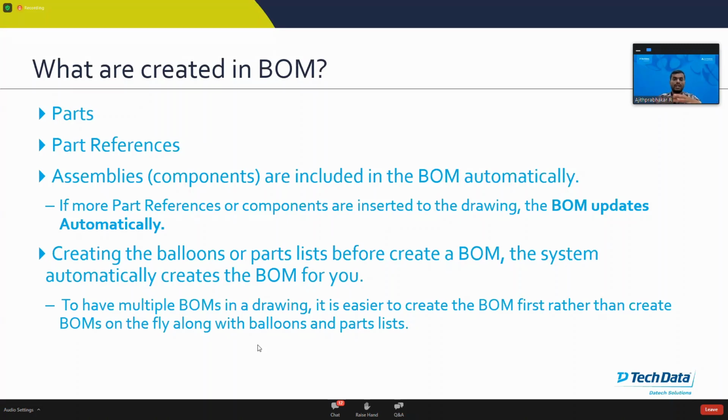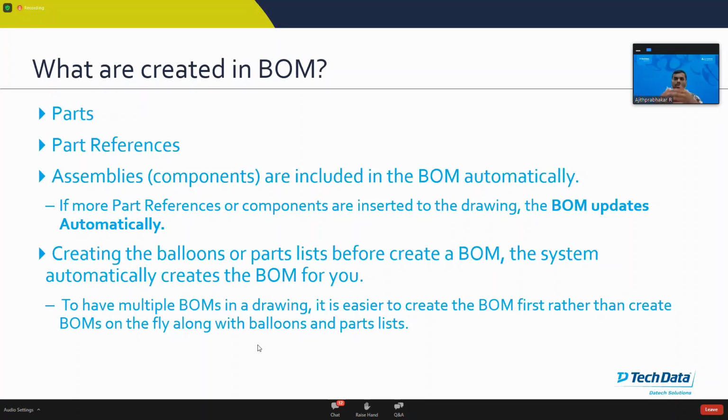We prefer to do that, but if you still forget to generate your bill of material, and instead you have added some of the parts and you should add balloons as well, AutoCAD Mechanical Toolset will take care of creating an automated bill of material for the entire set of balloons that are added in your assemblies. So it is easy. Either you create a bill of material first, and generate your balloons later,